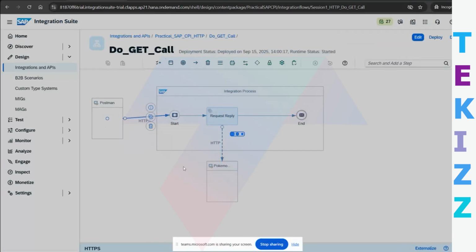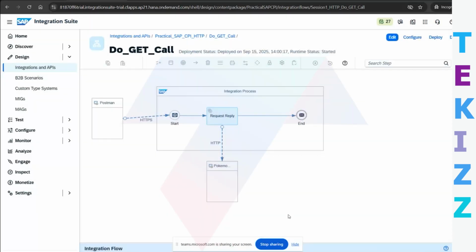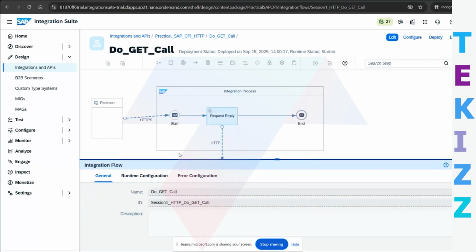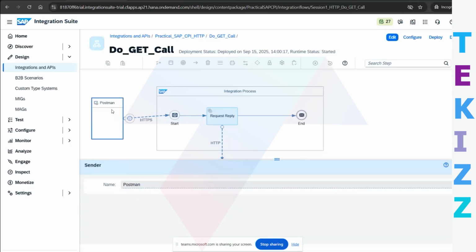We are using HTTPS to connect from Postman to the sender. In real time, there will be other sender systems, but in a trial account we don't have access to the other system side, so I just used Postman as a sender here. You can imagine some third-party system is trying to send the message. It's always better to keep the names